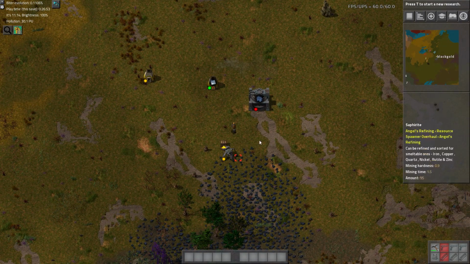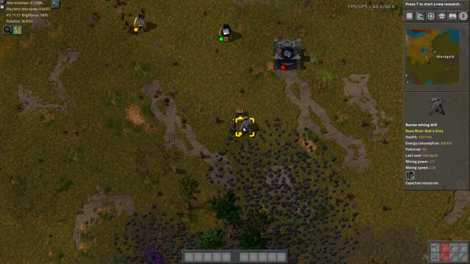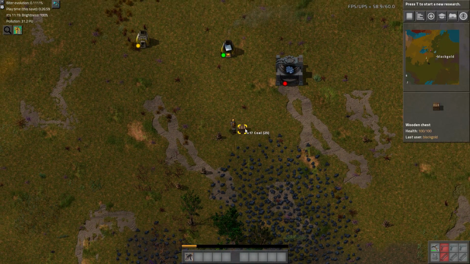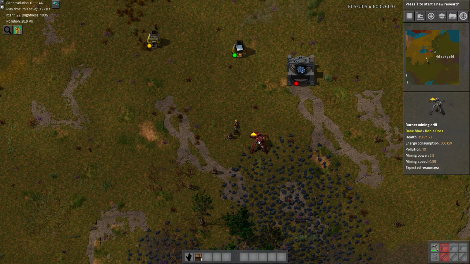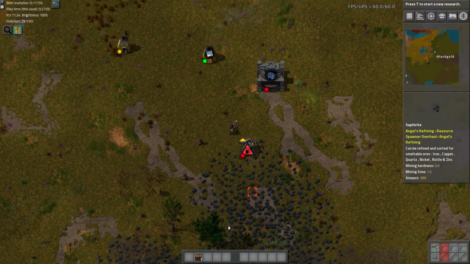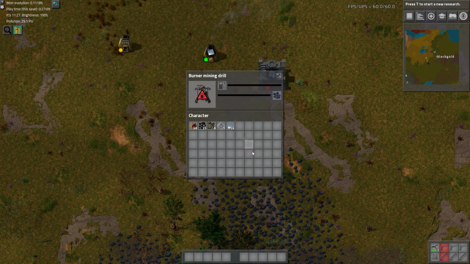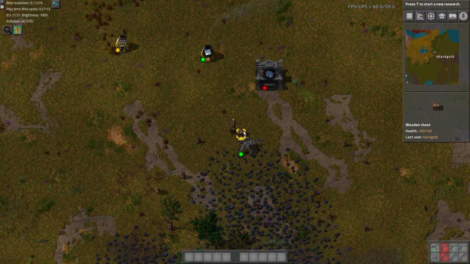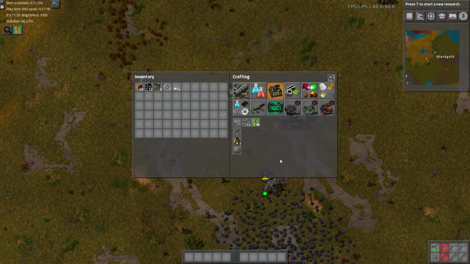So 1, 1, 1. Oh, is that? It's not out. It's out on the patch. Thought it was out of fuel. All right. Right here, 1, 2. I just try to shimmy them across. There we go. Pretty good. Okay, so